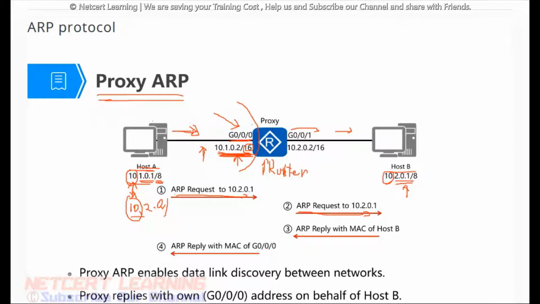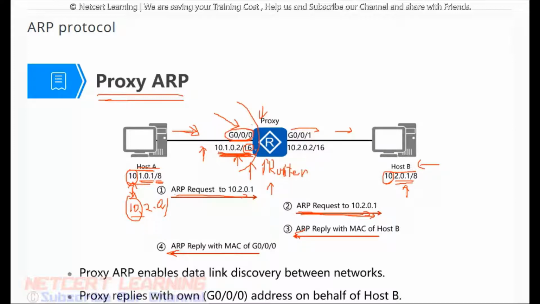If you enable proxy ARP on this router interface, then the router will relay the ARP request to this network. Then host B receives the ARP request and replies. After the router receives this reply, the router will reply to host A. But in this reply, the MAC address is not host B's MAC address, but